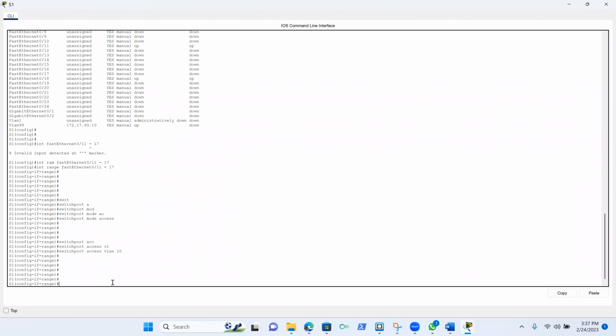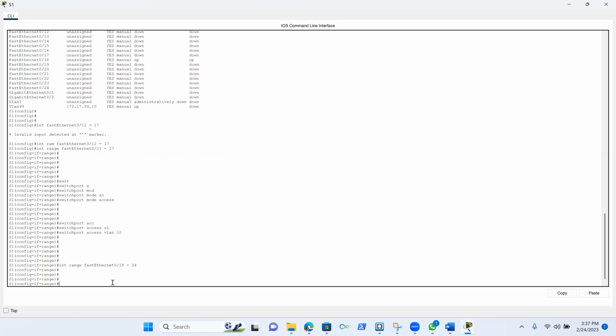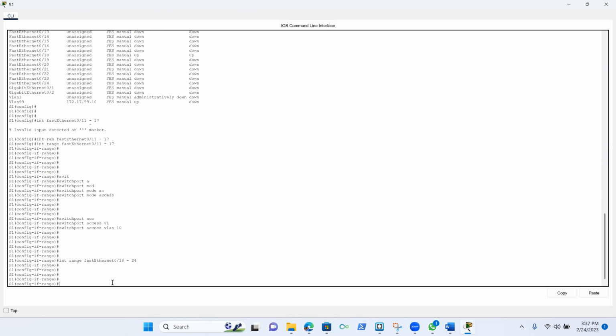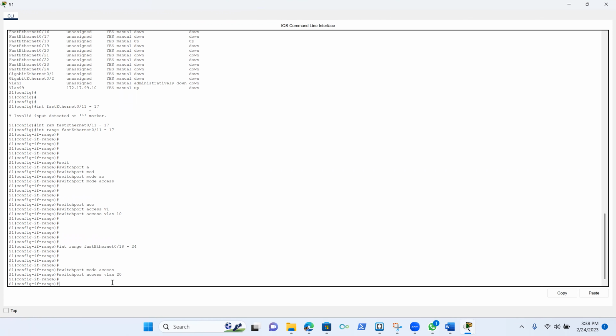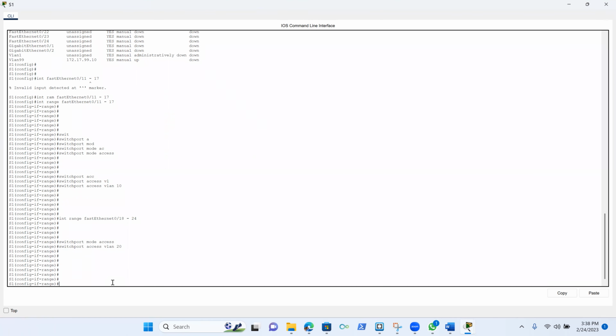Now let's do the same for the range 18 to 24. From range 18 to 24, right? So we could do switch port mode access, and then we could do switch port access VLAN and make this 20, right? Now, let's continue the same for VLAN